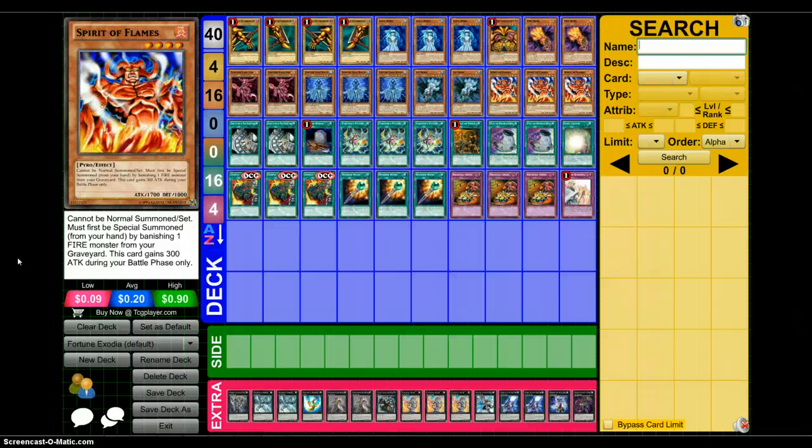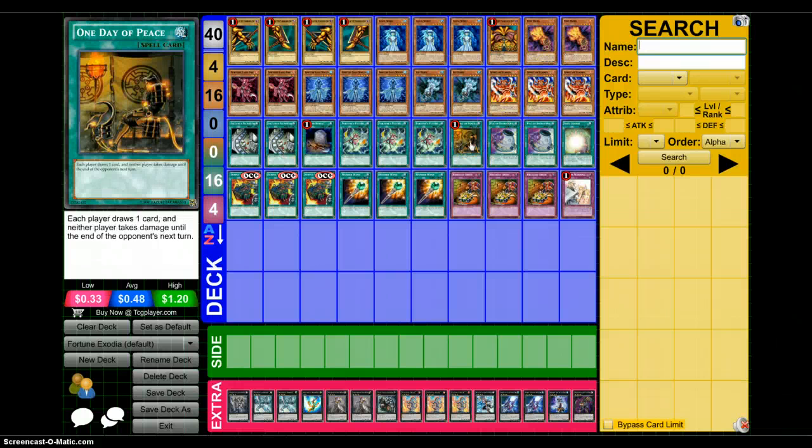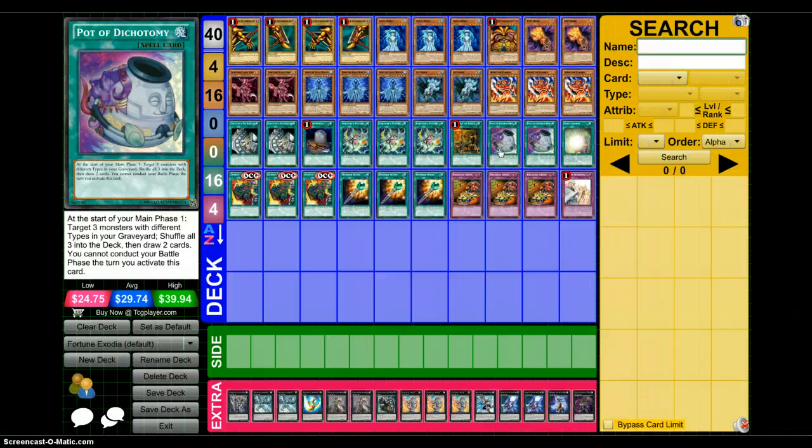Also as well, I run 1 Day of Peace for obvious reasons. I don't really want to take damage, and it lets me draw a card. Pot of Dichotomy: what Pot of Dichotomy does is it lets you shuffle 3 monsters with different types into your deck. Those monsters with different types include Spellcaster, Pyro, and Aqua just in my main deck, but there's also